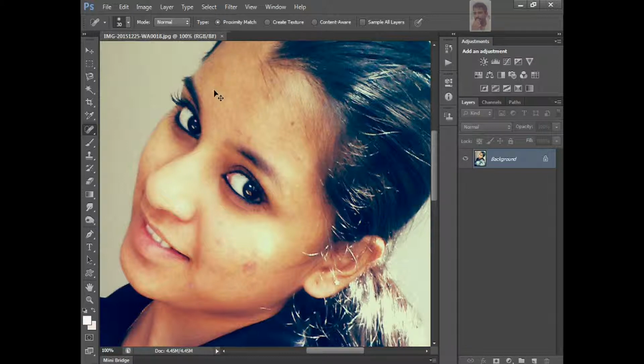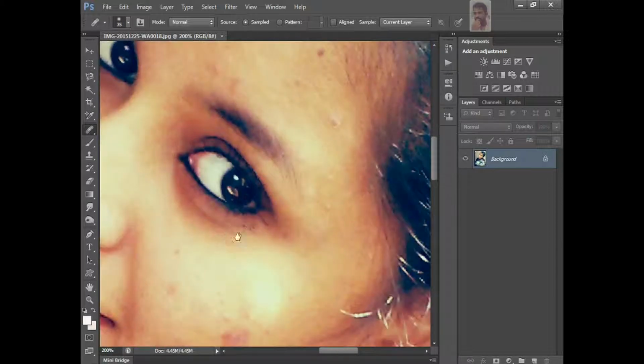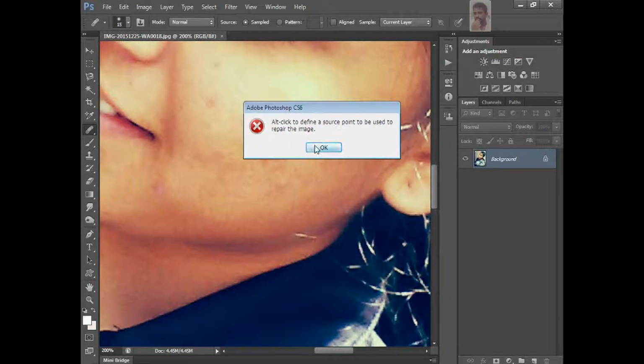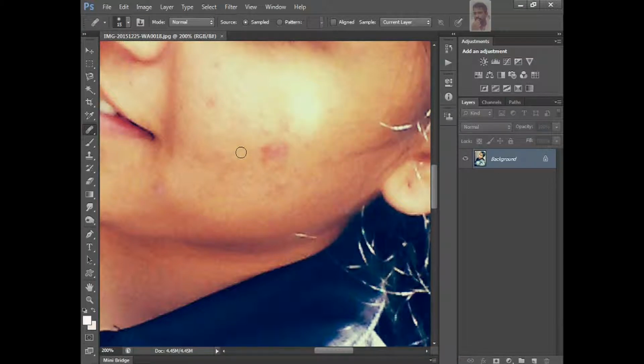But there is a small difference between the healing brush and the spot healing brush. Now see the healing brush. Take a small brush size, zoom into the image. Just clicking here, it's not working, right? Press Alt and click on the nearby good skin next to the patch.